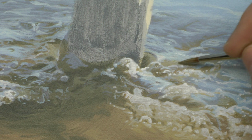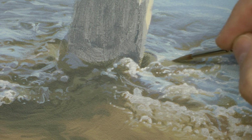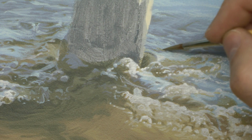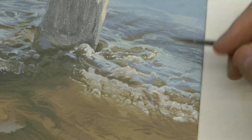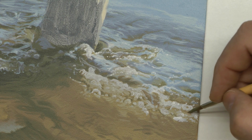So it's all playing with your values, and that's really what I wanted to harp on with showing this video, because values and the use of warm and cool are essential to make these ripples. Not only your ability to texture, but those two things, the use of value and the use of warm and cool, are so important. But you can see that when you break it down and you go through the process of laying in your local colors, building up your shape and form through value changes, and then detailing, you get a